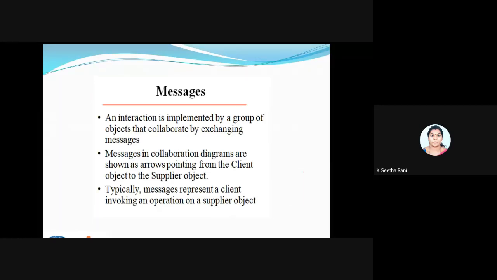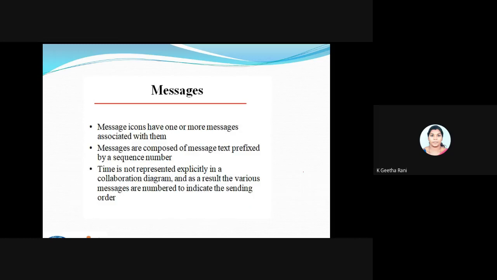When I give a link, obviously we have to pass a message to two objects, the supplier as well as the client. So we will see the types of messages. The more specific thing here is that one link can have one or more messages.